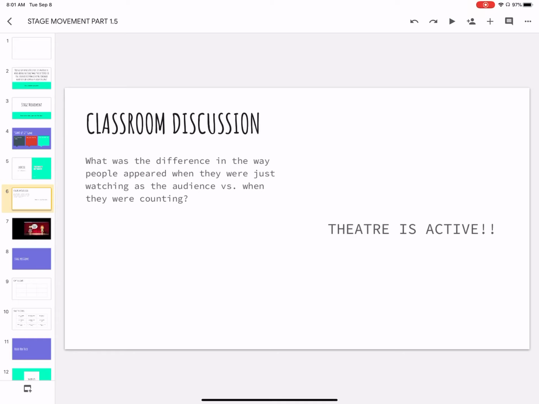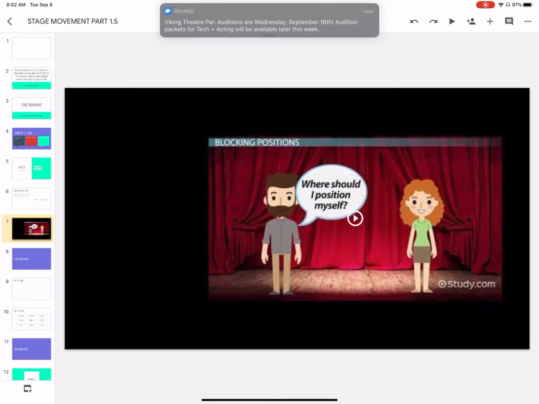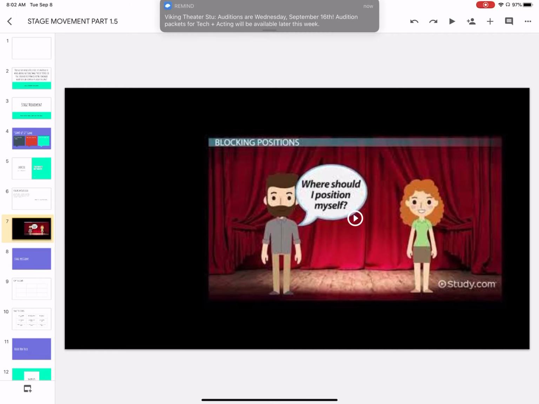All right, hopefully what you got is theater is active. It is active, and it's more interesting when people are being active. We're going to keep looking into the action of theater, but I also want you to see what it means to be active and move around on stage. So we're going to go to that video now, and then I'll be back. There are notes in your notebook to